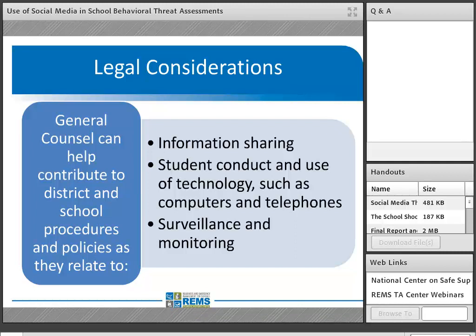So, legal considerations. Districts and schools also need to consider some of the legal aspects of implementing threat assessments and working to do surveillance and monitoring in the social media world. General counsel can be a key member of a district's or school's planning team. A representative may be able to contribute to the development and implementation of procedures and policies as they relate to